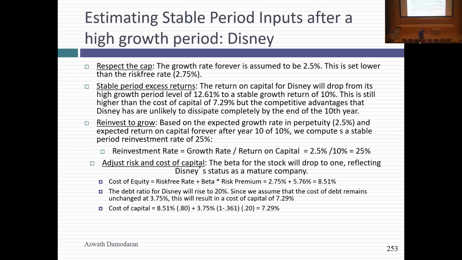Now you see what would happen if I took Disney and pushed the return on capital all the way down to my cost of capital. If I earned a 7.29% return on capital, I would have to reinvest more. If I reinvest more, I'd have less cash flows, so lower cash flows and a lower terminal value. Everything's linked together to the ultimate terminal value. And finally, I lower the cost of capital to 7.29%. So lower growth rate, lower return on capital, different cost of capital. Basically, I'm looking at a very different company 10 years from now than the Disney I'm looking at today.